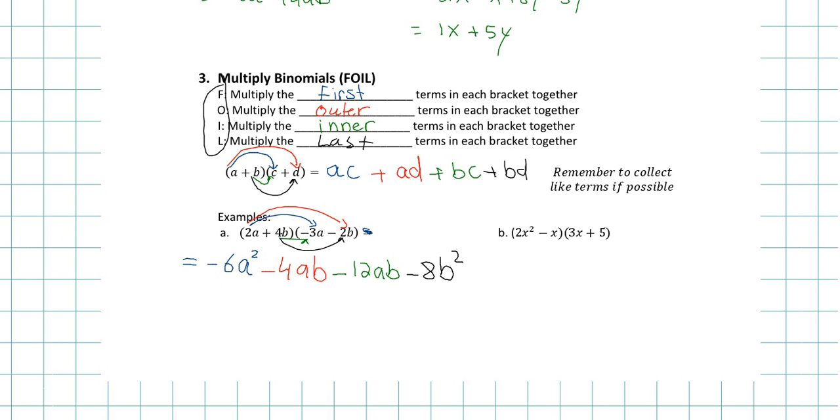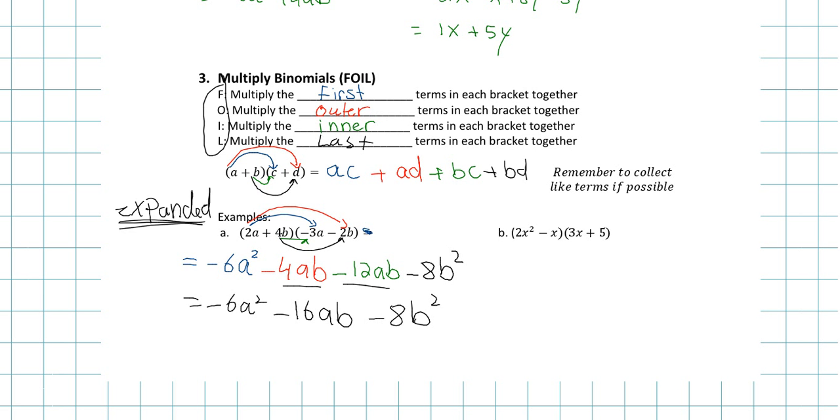Now it's in expanded format. So what I did here is I expanded. That's an E. Okay? The process is called, or the acronym for it is FOIL, because it goes first, outer, inner, last. Okay? All right. So